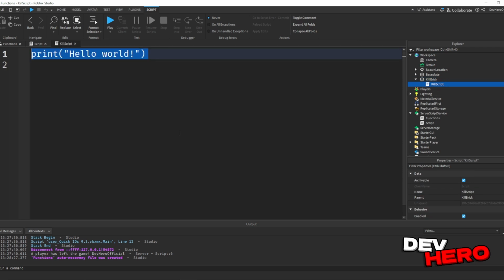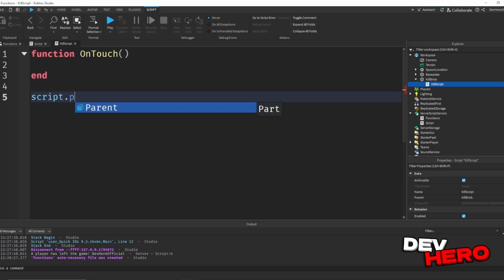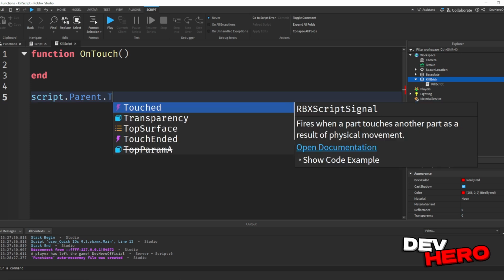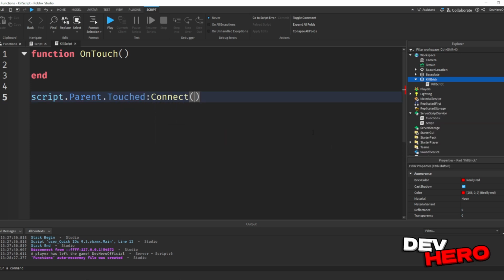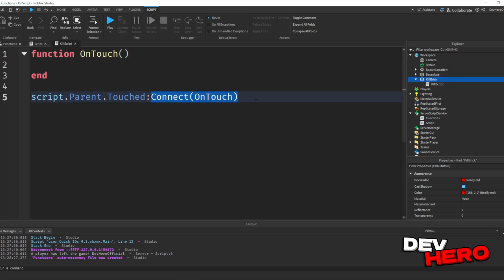Now let's create a function for whenever a player touches this killbrick. So we can say function onTouch, and let's just go ahead and create this brand new function. So we want to call this function whenever the part is touched. Now there is an event called .Touched, and that is a super common event that you will use a lot. So to do that, we can say script.Parent, remember that's the killbrick, so the script's parent is the killbrick, and then we can say .Touched:Connect(onTouch). So we're saying whenever this part is touched, we want to connect this